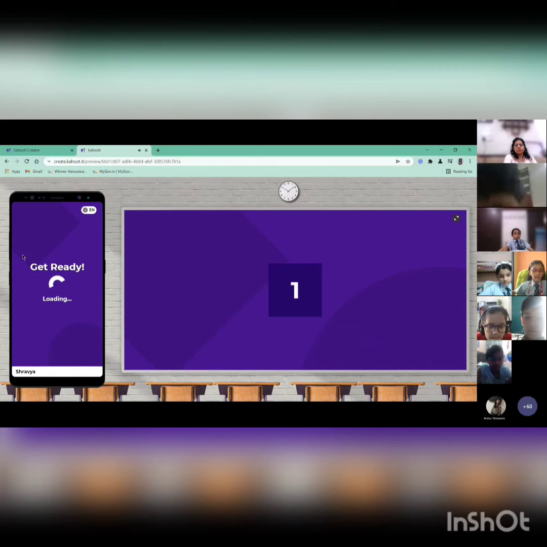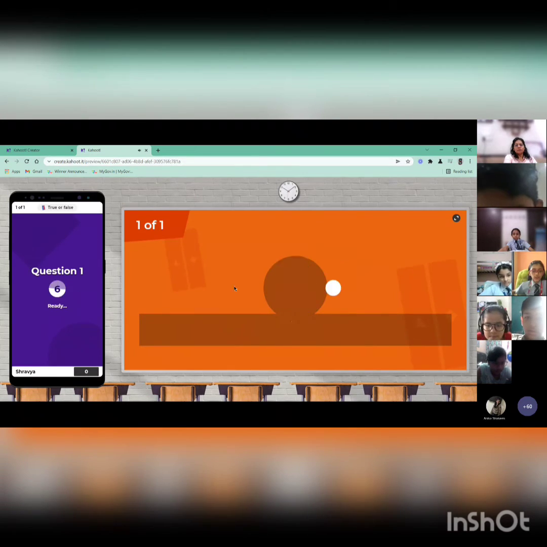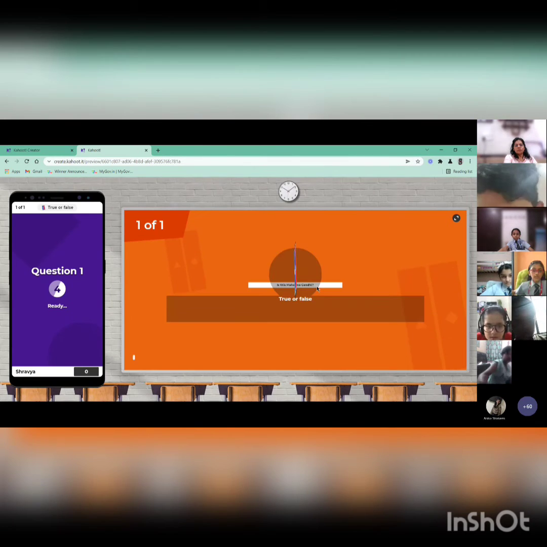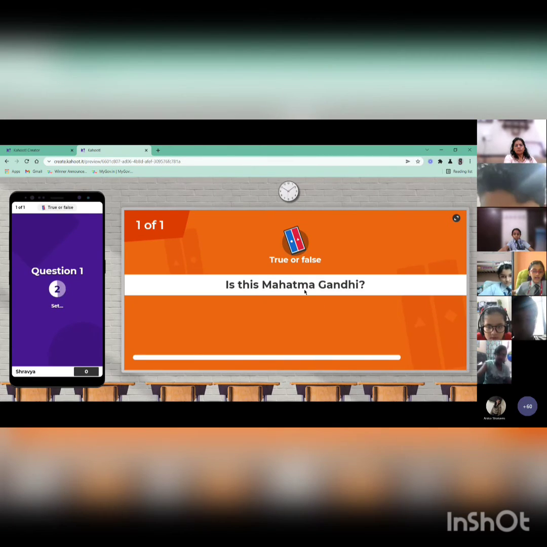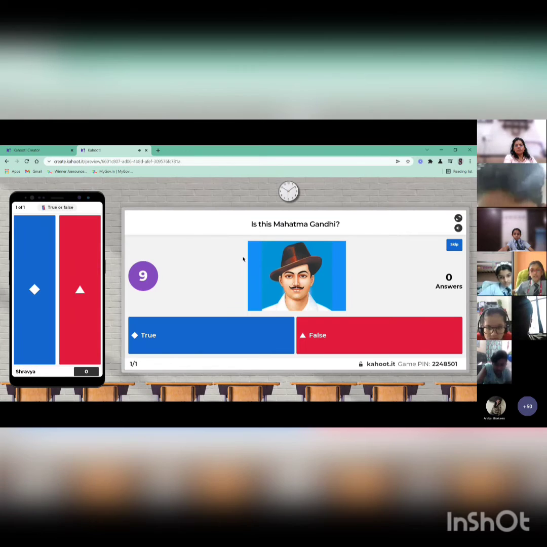This is how the player screen will look. It will show that the question is true or false and you're getting double points. So, is this Mahatma Gandhi? We know the option is false. For now, I know that the answer is false, but I will click on true to see if I'm getting it wrong or correct.